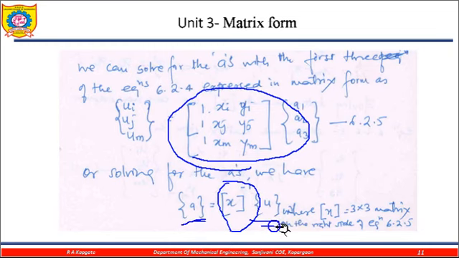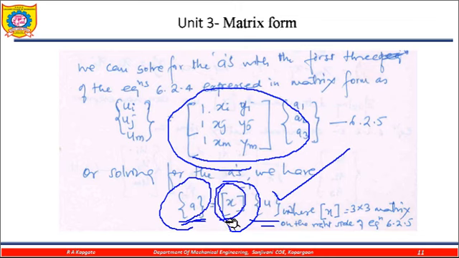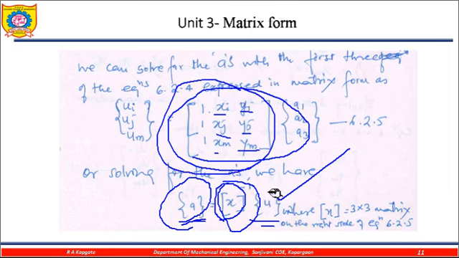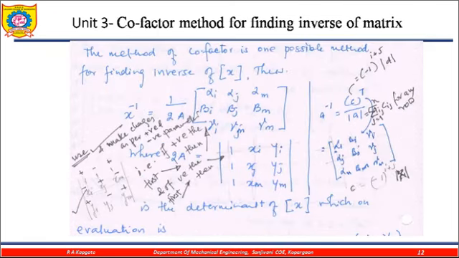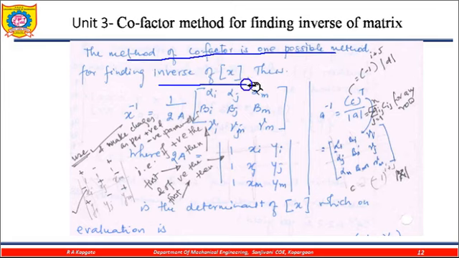We take the inverse of this X matrix for getting the value of a by using a displacement value, because in an equation there is a possibility that the displacement is given but the a's are not known. And these X values are the coordinates: the xi coordinate, yi coordinate, xj coordinate, yj coordinate, xm coordinate, and ym coordinate. So these coordinates are known, this displacement is known, so we can very easily find this a and the other values. Here, by using the cofactor method of matrices, we are finding the inverse of this one.